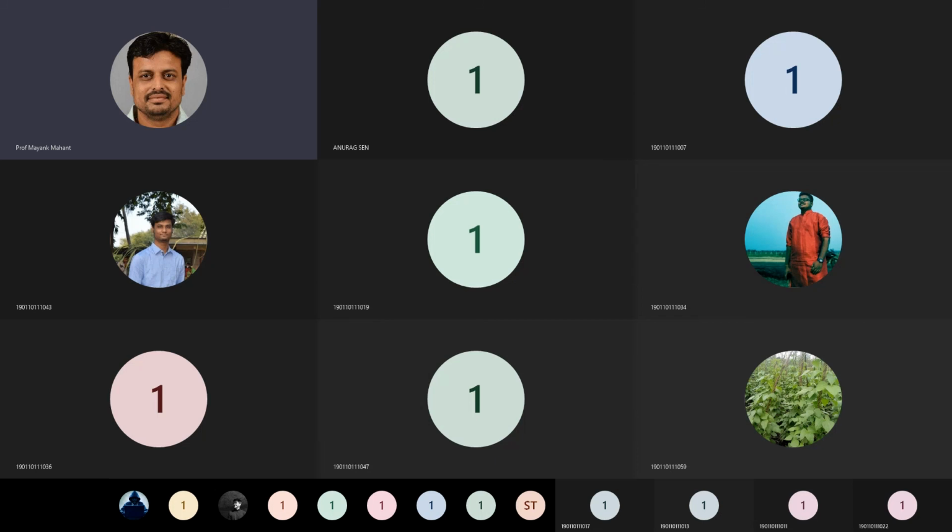Otherwise, that is all from my side for today. In the next class, we will be looking into timer 1 in normal and CTC mode. The difference between timer 0 and timer 1 is that timer 0 is an 8-bit timer, but timer 1 is a 16-bit timer. If you want to deal with a larger delay value, then you can use timer 1 instead of timer 0.